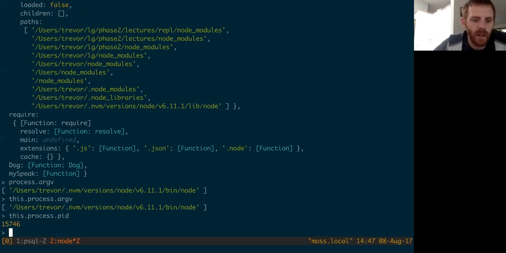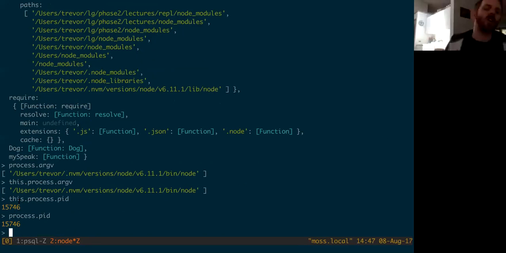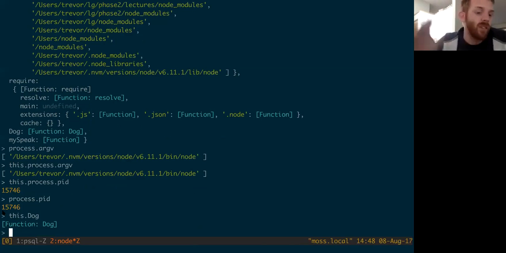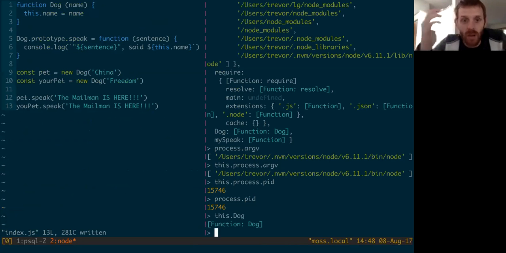Or PID, I guess, is something else that's stored in there, right? The process ID. So when your program starts, in your global namespace, this is going to refer to, at least in a node process, that global namespace. All those global variables will be found there. Things like this .dog are in there too, anything I've declared in the global namespace. So it's not super useful, but that's what you get by default. There's always something in this. By default, it's the global namespace, which is why when we said